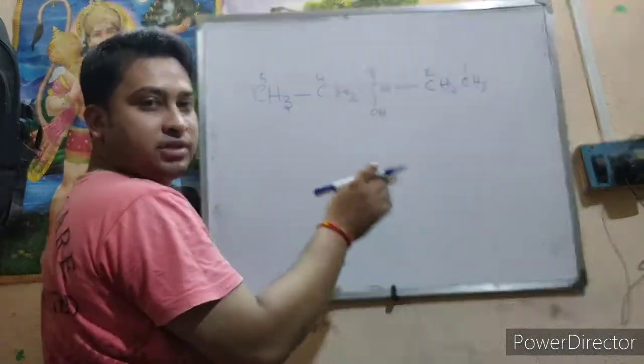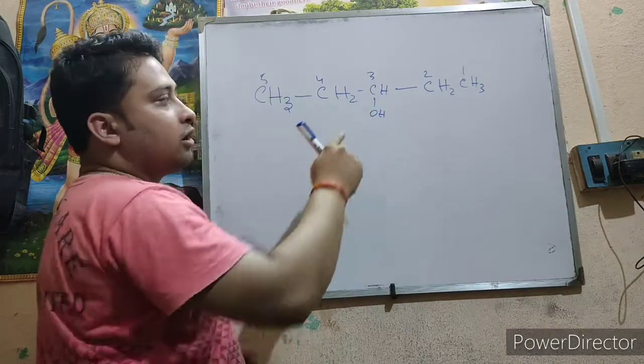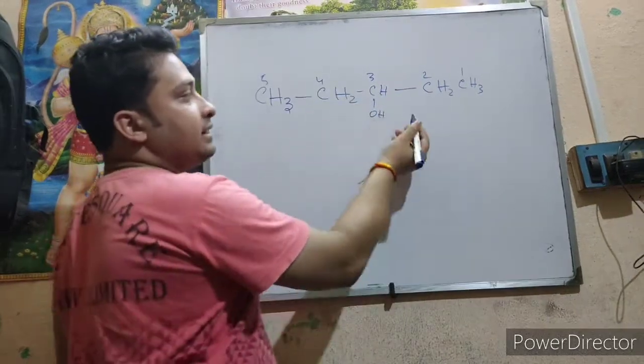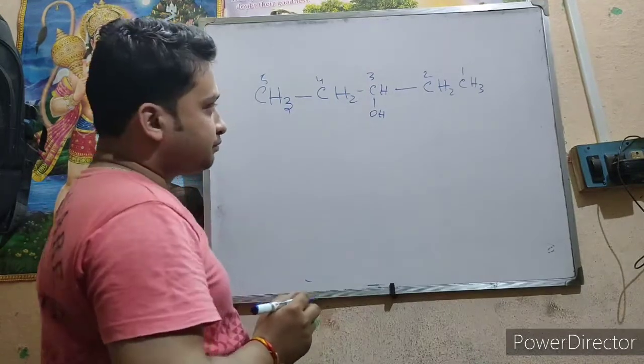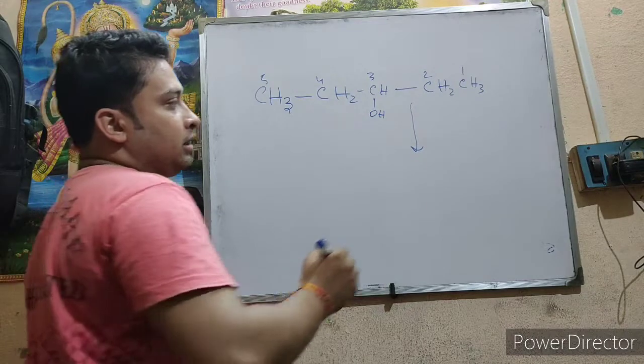The bond between them is single, so pentan, the position of OH is 3, so pentan-3-ol. Okay, so as you have pentan-3-ol, you use